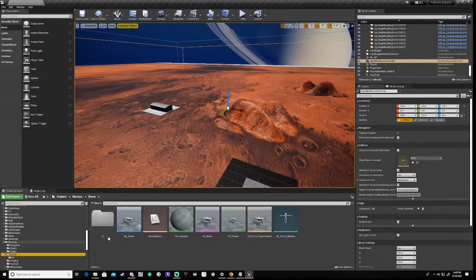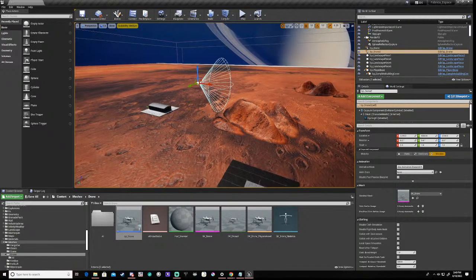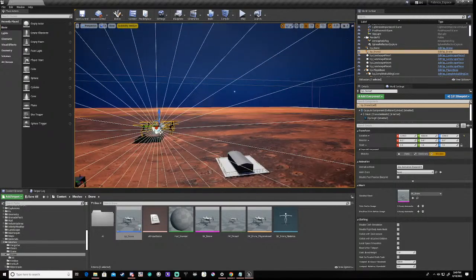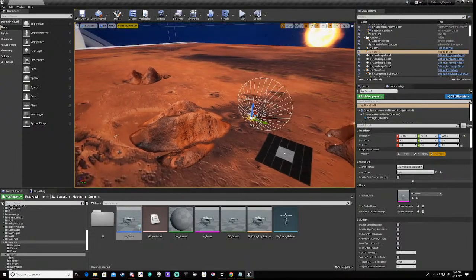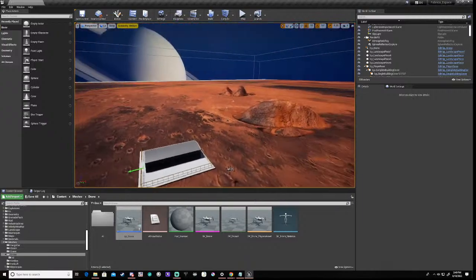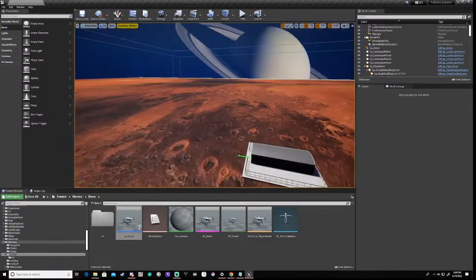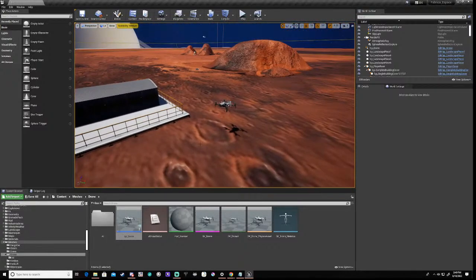Okay? So let's drag a drone in, and let's make it 700 odd high, right? So that's not even anywhere near the height of the navigation mesh, right? And that's only set to 2240. So that is not the issue, right? Our nav mesh is perfectly big enough. It's something to do